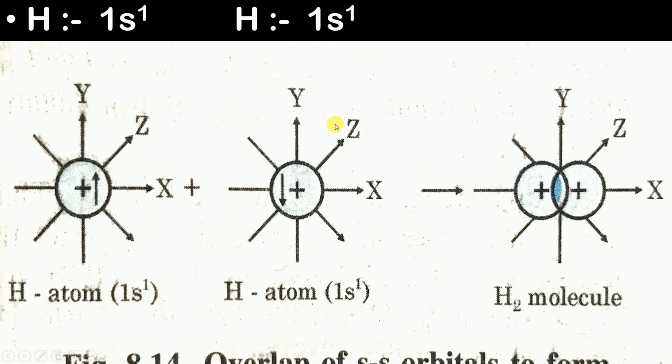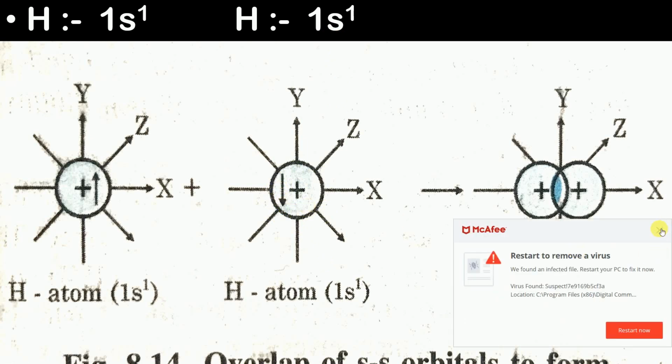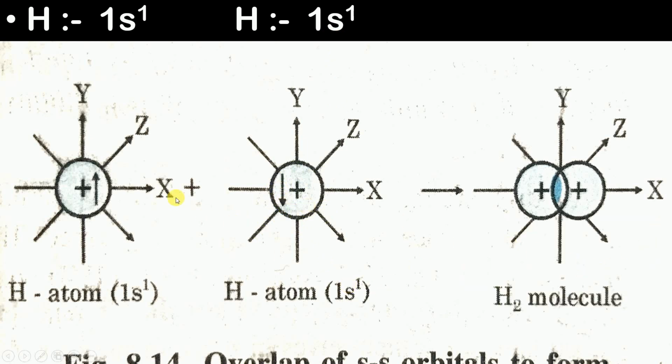And here this hydrogen atom is represented by 1s1. The sphere is drawn over here, and we have drawn this arrow downwards, which means that the electron is moving in an anti-clockwise direction. Now we have got the shapes of the orbitals of both the hydrogen atoms.